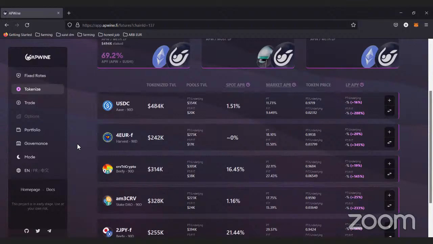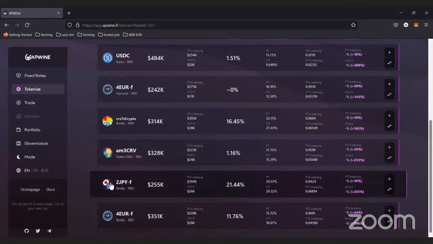And of course, as a disclaimer, because I'm very biased, I have invested in APWine. You can make your own research. There are other protocols that are also doing this kind of thing. I don't want to only say APWine. I want to be honest, and that's all. But on my side, I have invested in the product. I like it, so I'm using it, of course. And their governance have listed Jarvis pool, so this is also why. Voilà.